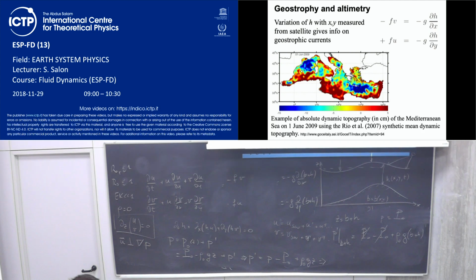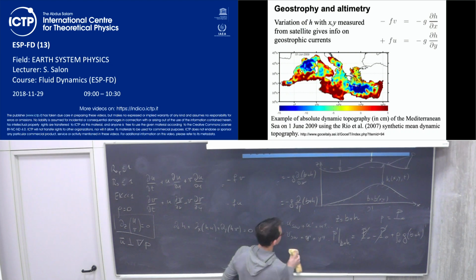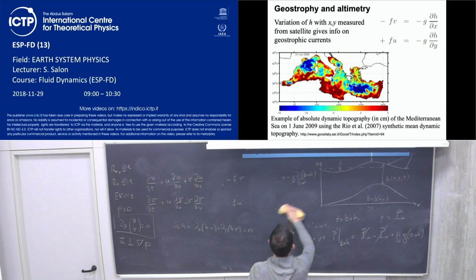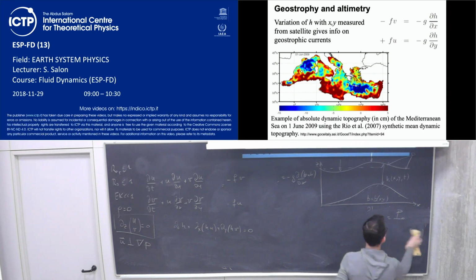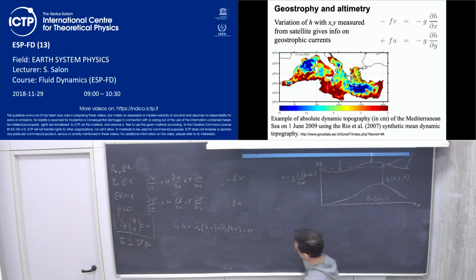So it's a sort of first approximation. There are of course many other components that are included in that, but the fact of the salinity can be taken into account. Okay, so let's make a step more, and let's try to see what happens if we take